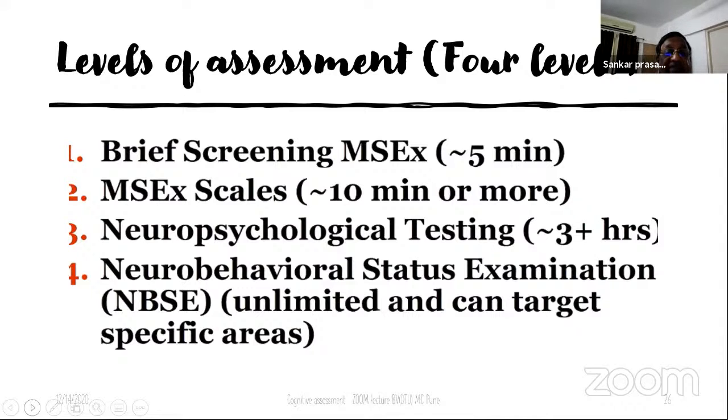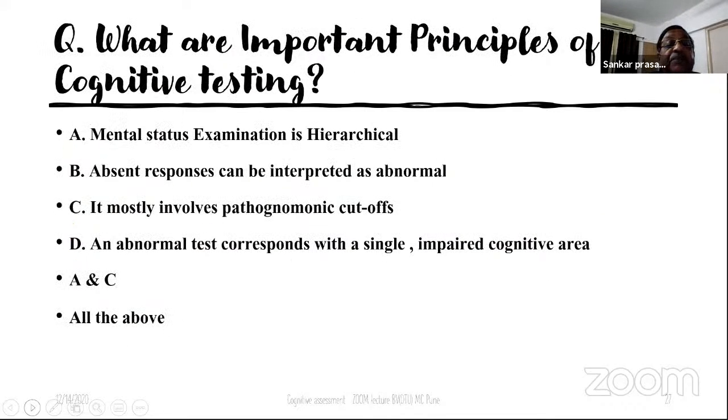So the levels of assessment, what type of assessment you want for your patient, is determined by the presentation of the patient. So the question is, what are important principles of cognitive testing? The mental status examination is hierarchical. Absent responses can be interpreted as abnormal. It mostly involves pathognomonic cutoffs. Like you see, the MMSE has a cutoff. An abnormal test corresponds with a single impaired cognitive area. So A and C